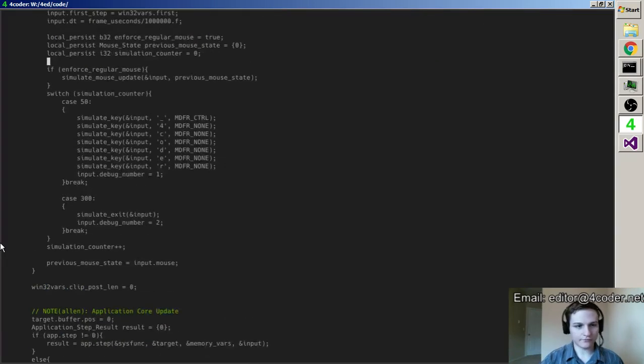So now let's get on to building out better debug or testing stuff here. I can test all kinds of useful stuff now. We got this cool idea of a debug number. We got this idea of whether or not I'm enforcing a mouse correctly, or if I can do any kind of mouse stuff. I have keyboard events, basically everything I could want.